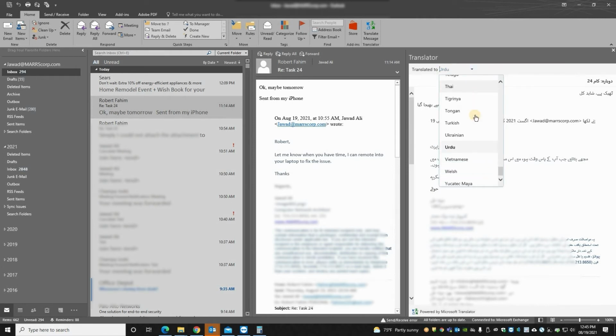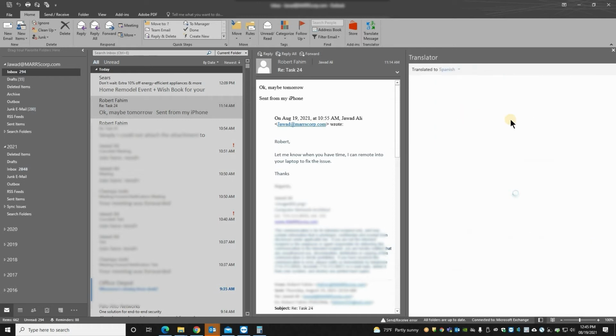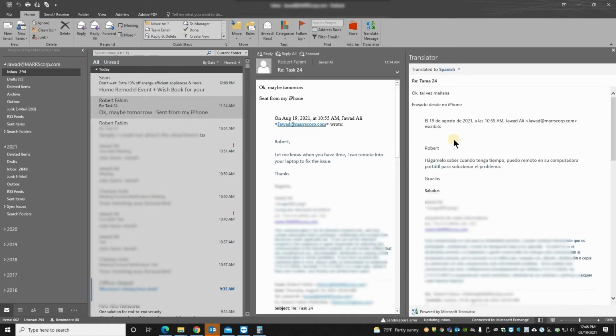Let's suppose if you want to change into any other language, like you wanted to convert into the Spanish, just click on the Spanish and you will see your message has been converted into the Spanish. Let's suppose if you want to send to a person who can read only Spanish, you can convert this message and copy it and you can send over to the person. You can just type in a new email.